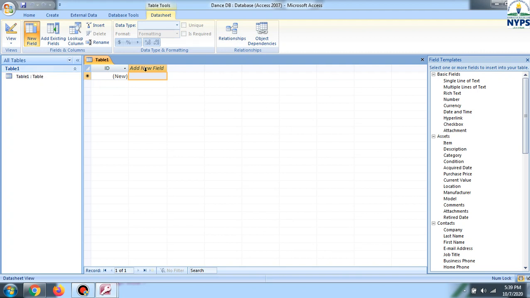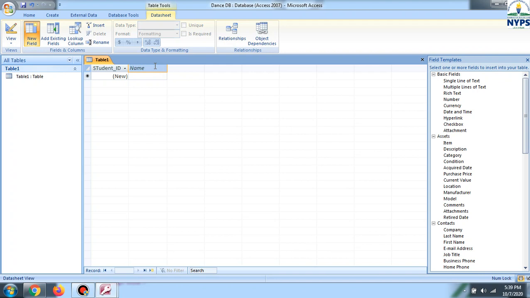Now you can see this table is coming automatically. You can simply double click here and rename it, like student ID. ID will come automatically. This field will come automatically when you are creating any table, although you can rename it. Second one was name. Name is a keyword.